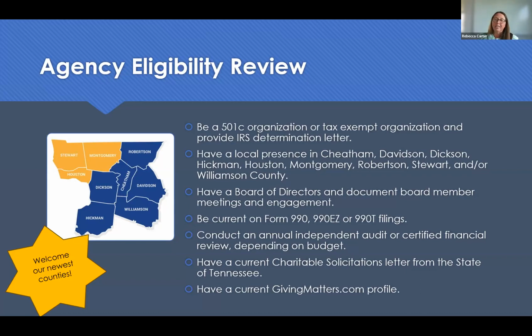So we just recently added Stewart, Montgomery, and Houston County. And then we also have Robertson, Cheatham, Dixon, Hickman, Williamson, and Davidson County. So any agency applying for United Way funding from Greater Nashville would have to have a local presence in one